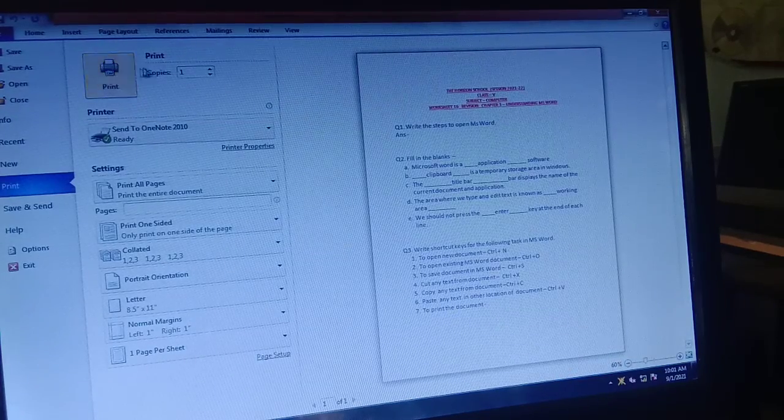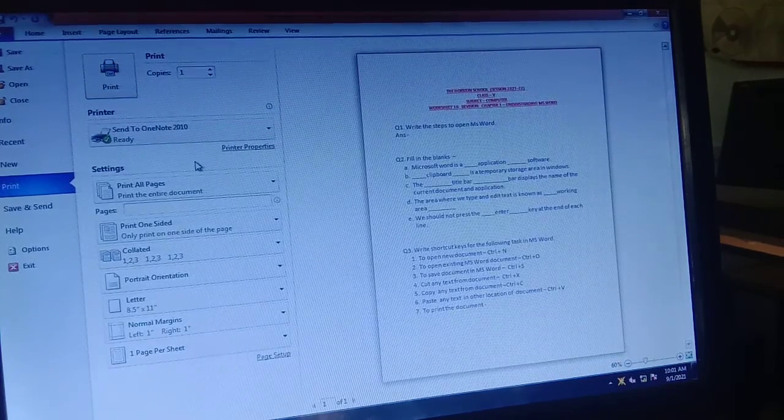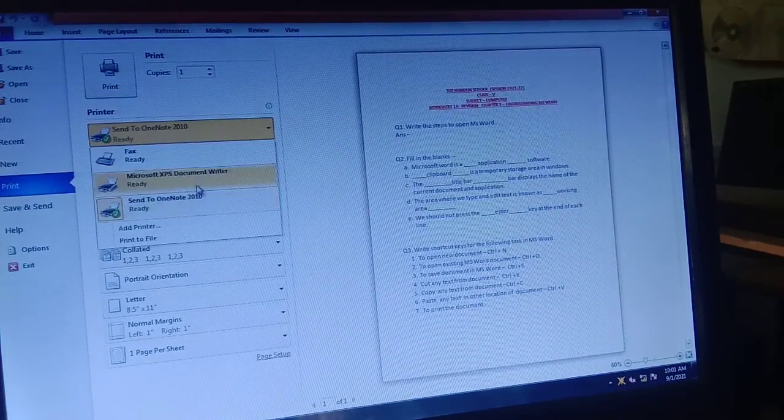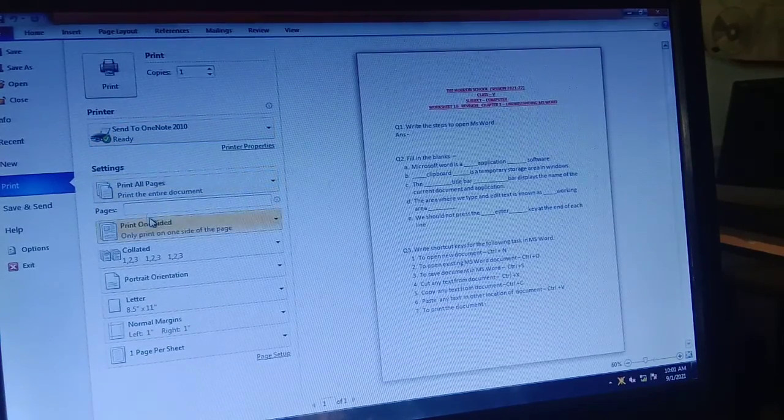Then you have to locate your printer, from which printer you want to print, and then set the number of copies and which pages you want to print. These things you have to set, and then click on the Print option.